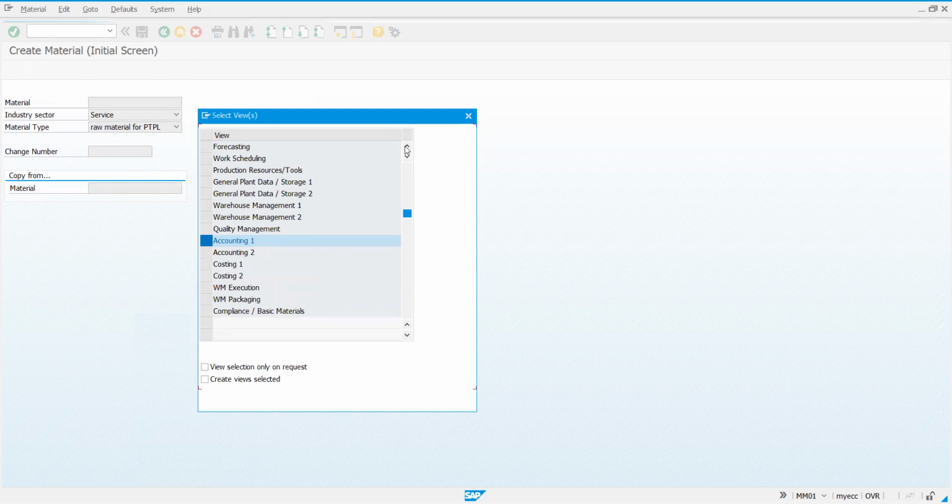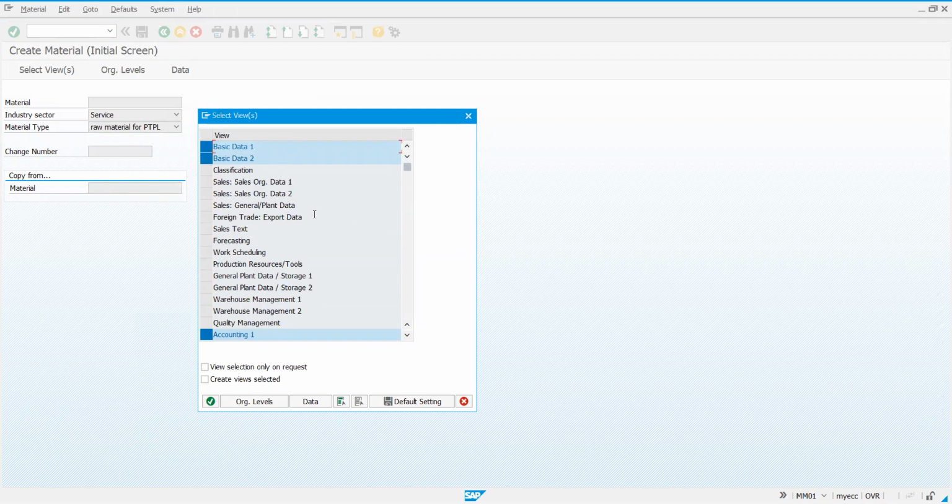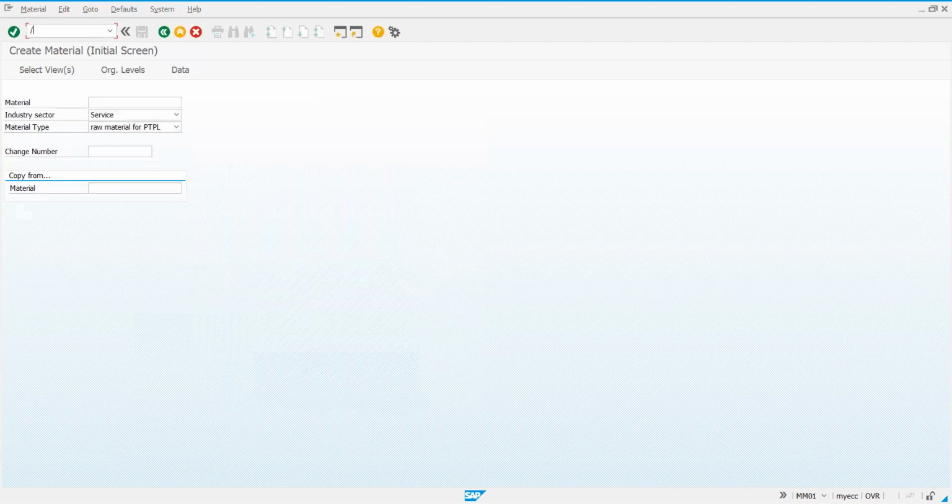No. So these are a few things. Sometimes you get such queries from end users as well. If the configuration setting is not maintained properly, they'll not be able to find the views, and they don't have access also, and they don't have any idea why it is not appearing.